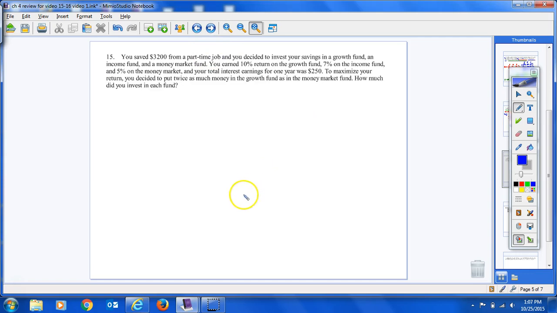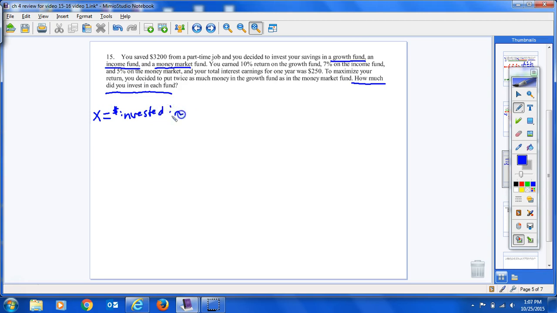Okay. Now we get to this 3 variable system problem. And I know that it's 3 variables because the final question says how much did you invest in each fund, and there are 3 different funds. So I need a variable to represent each of the 3 different funds and how much I invested in each one. So X will be the amount invested